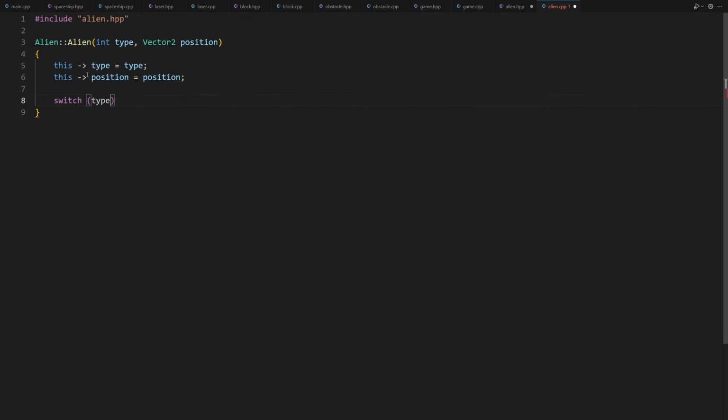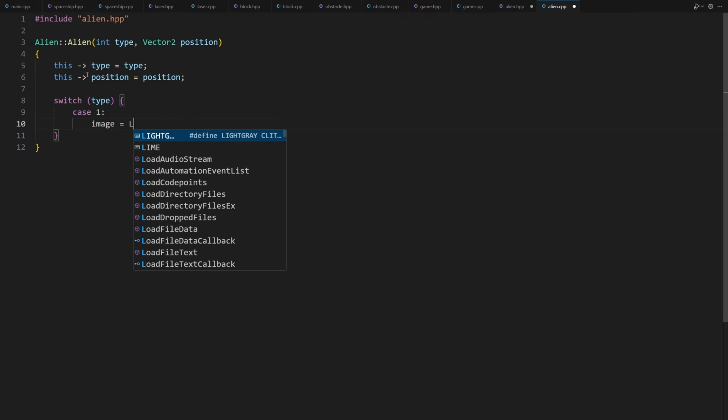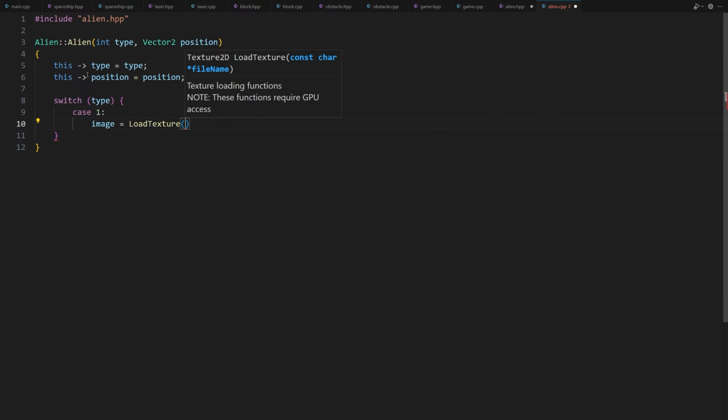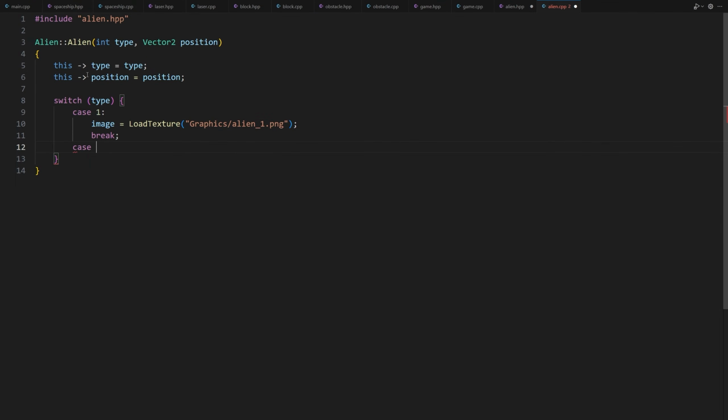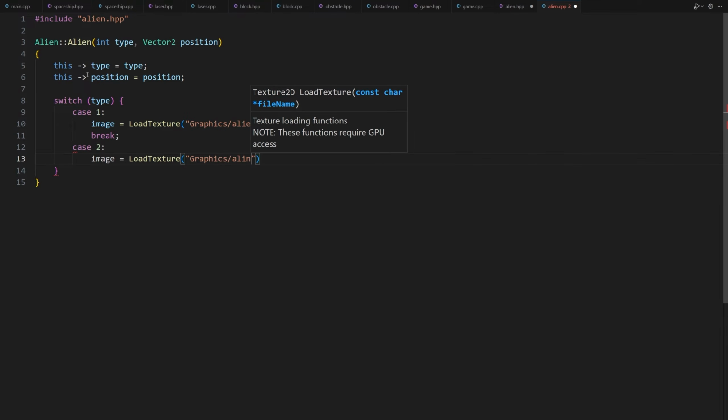Switch type, curly brackets, case 1, colon, image is equal to LoadTexture, parenthesis, quotes, Graphics slash alien1.png. Break, case 2, colon, image is equal to LoadTexture, parenthesis, quotes, Graphics slash alien2.png.